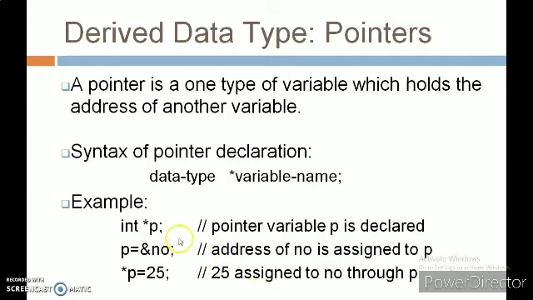In the example given here, int *p creates a pointer variable p. p = &number will assign the address of variable number to pointer variable p. And *p = 25 means value 25 is assigned to the number variable through pointer p.